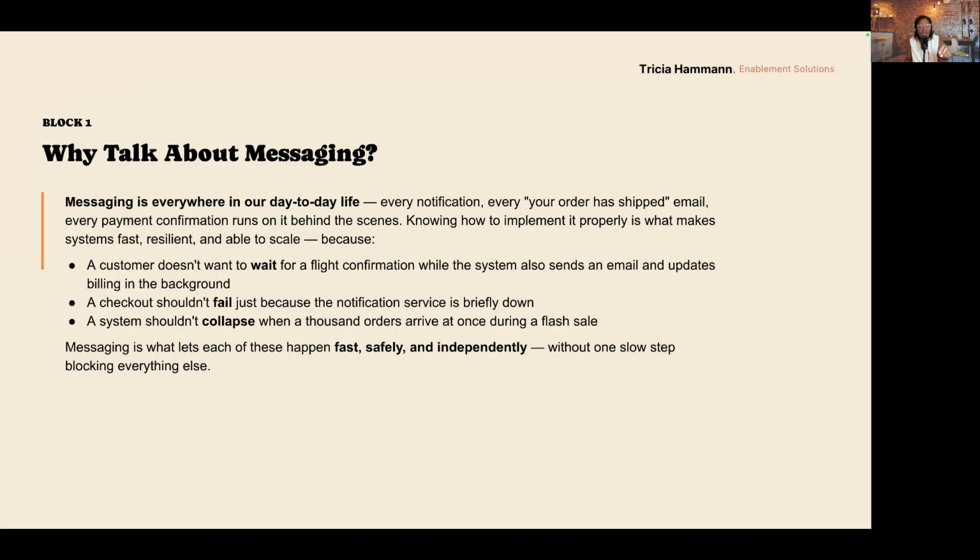So you are doing a flight booking, you picture a flight confirmation, and you as a customer don't have time to wait while the system is sending the email, updating billing, checking your account, if you have an account, if all the payment details are available, then getting notification about the service.